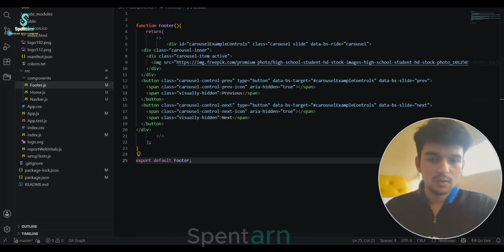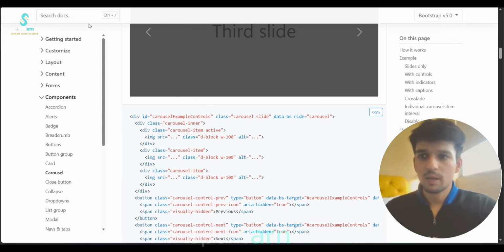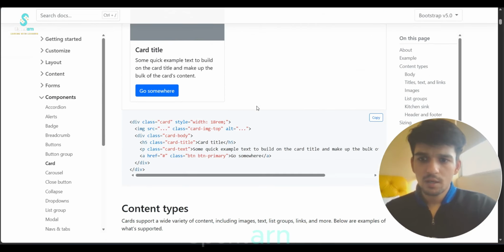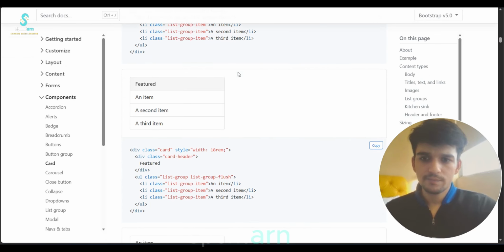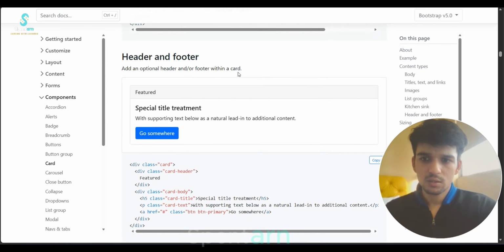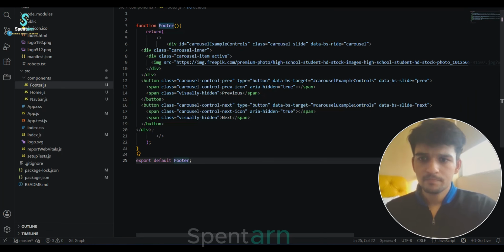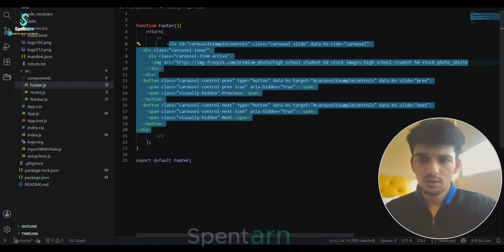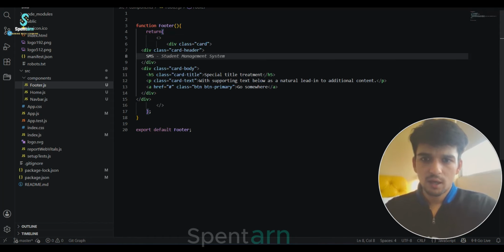Just go back to your Bootstrap. Close this one. Go back to footer. Here I have to choose any one of them. For example, this is some text within a body. Let's go with this. Okay, let's go with it. Go back, change it with the one that we have copied now, and just put your